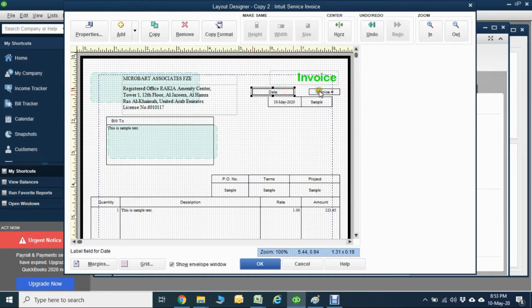Everything you can do, whatever you like. See here, I'm just making this box a little bit bigger, and this one also I have to make a little bit bigger, and then this one, date also.